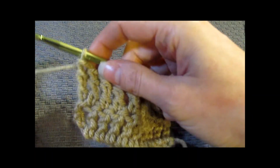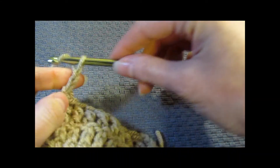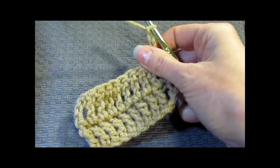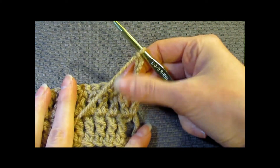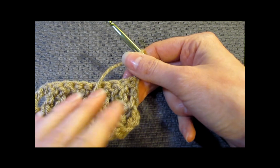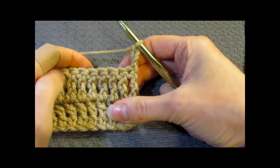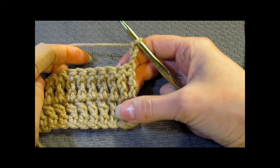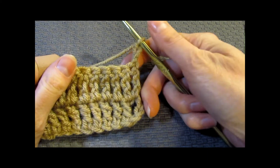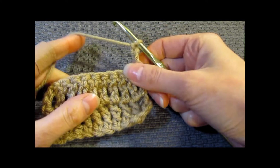So we're going to do one more row for row 3 just to get our practice. So we're going to chain 4, and we're going to flip our work. Now, one thing you might notice as you are crocheting, some people crochet more loosely, some crochet more tightly. I tend to be a tighter crocheter. I'm not sure why, it's just my style. That not necessarily is wrong